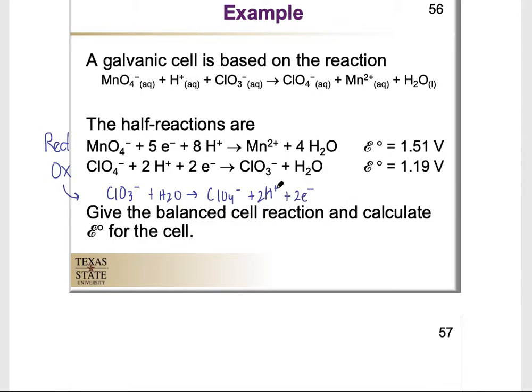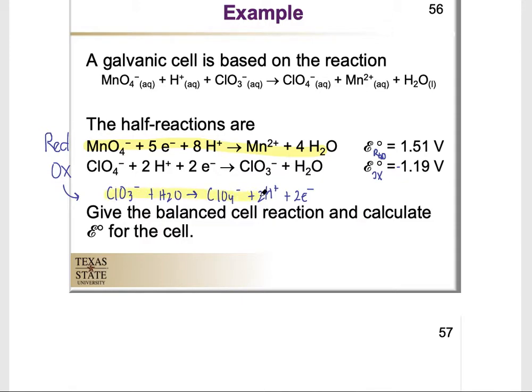And of course, when you flip the equation, the sign of this changes. It was positive, it now has become negative. Negative 1.19. And this is my oxidation, this is my reduction. All right. So to balance the equation, I now have to take this equation and this equation, and I